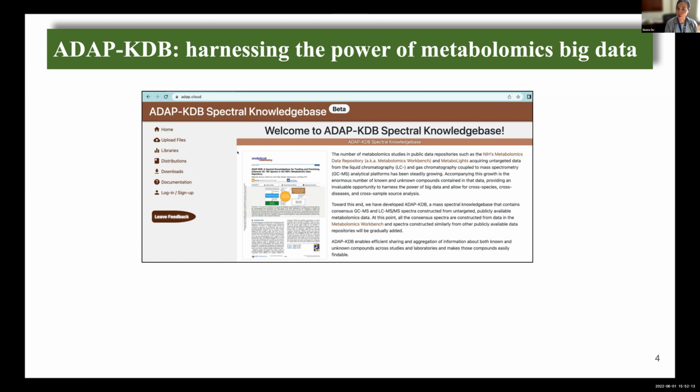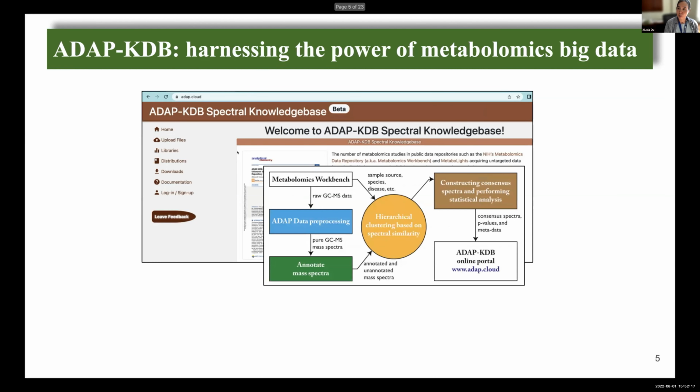Here I'm showing the landing page of this cloud-based resource. Behind this resource is a computational workflow, and here I'm showing the steps in that workflow. Raw LCMS or GCMS data, here it is only GC, but right now we have the LCMS capability as well. Raw data from Metabolomics Workbench are downloaded and pre-processed by ADBBig, and all the spectra are annotated, though some of them cannot be annotated.